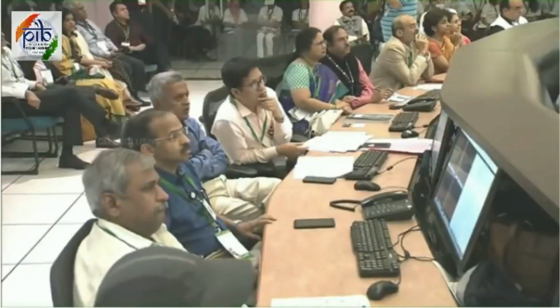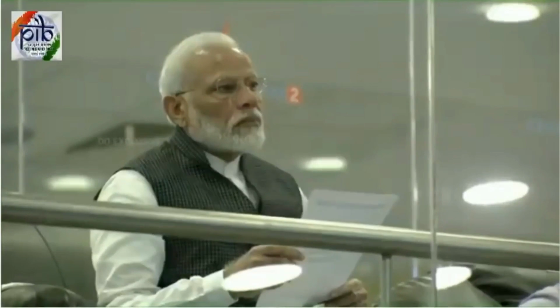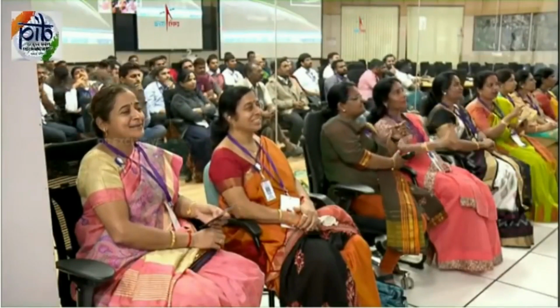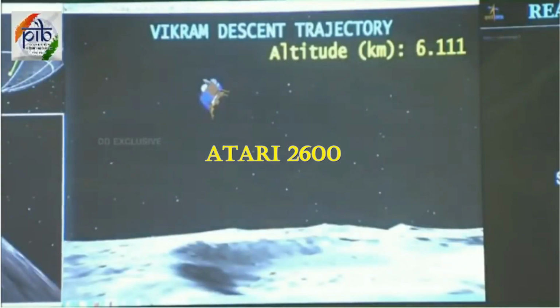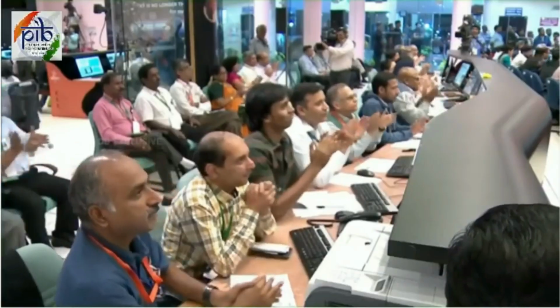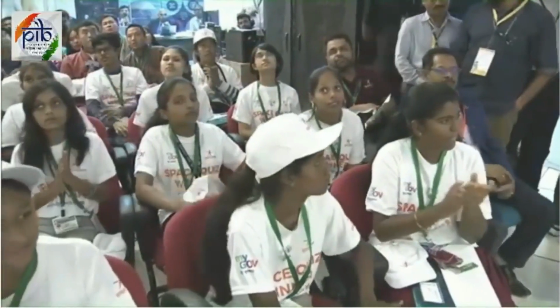Maybe it's around 450 meters per second and another 2 minutes plus to go. In fact, I think when we reach an altitude of almost the target for this particular rough braking phase is to attain an altitude of 7.4 kilometers, when the velocity should have touched almost 146. So maybe another nearly 2 minutes, maybe 1 minute to go. So we have finished the rough braking phase now, because the target for that was 7.4 kilometers and the velocity was nearly 140. So the Vikram lander has successfully completed the rough braking phase,